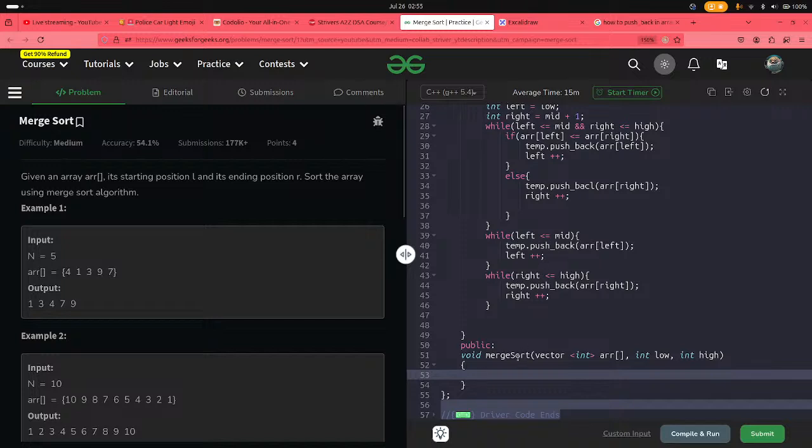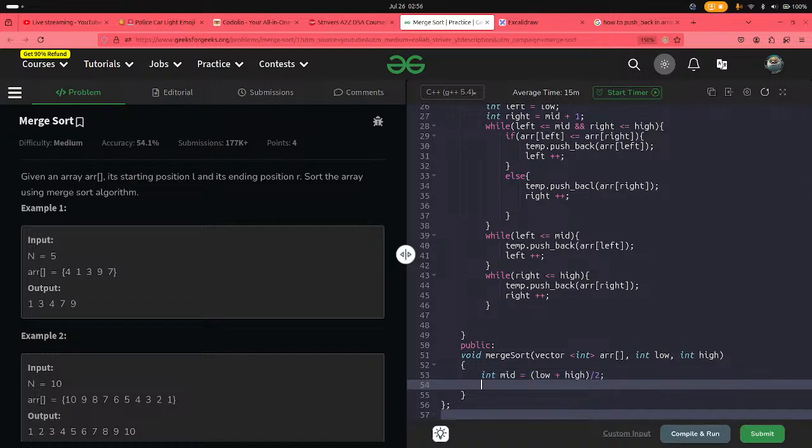Awesome. And I don't do it at first. I will write the code, then I will write the base case later. So int mid is equal to low plus high divided by 2. Awesome. Then I will do merge sort